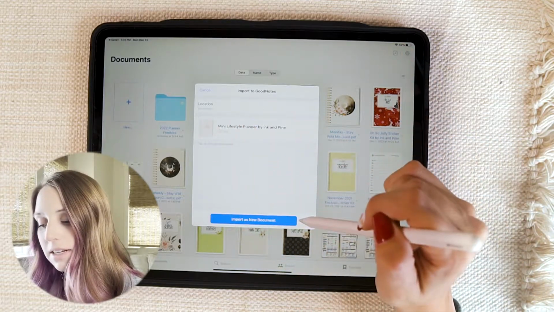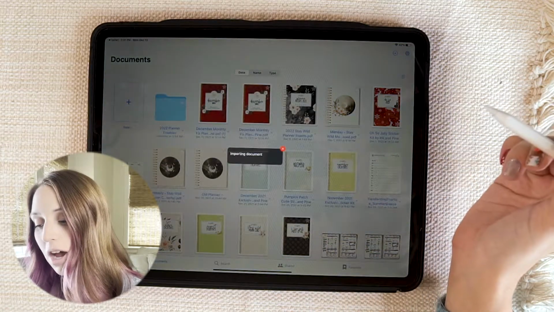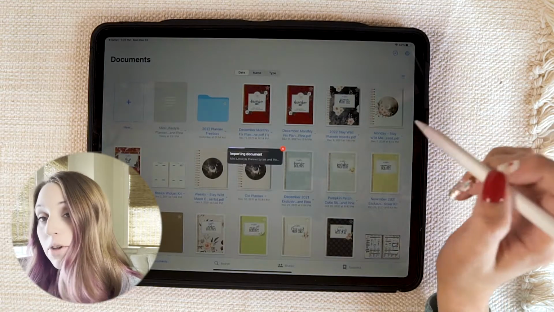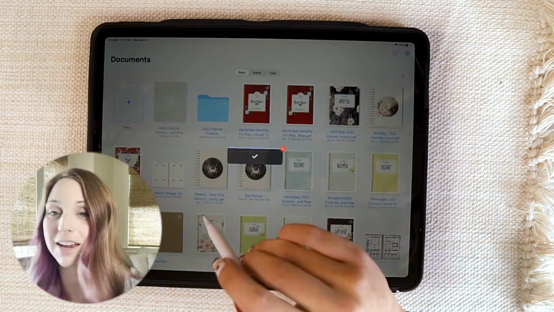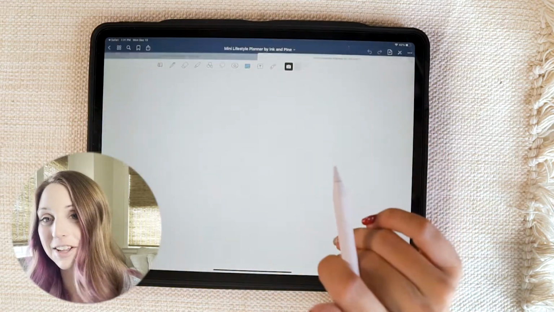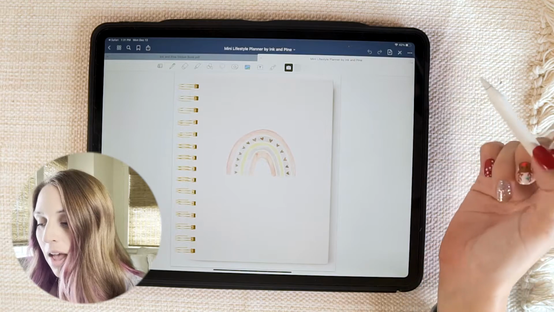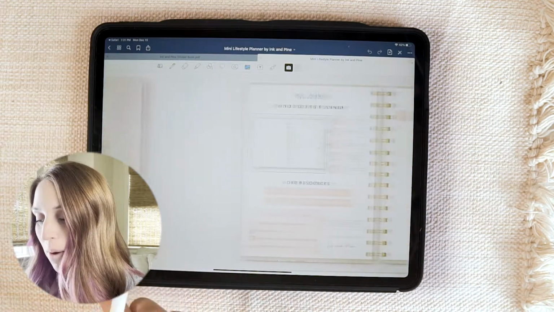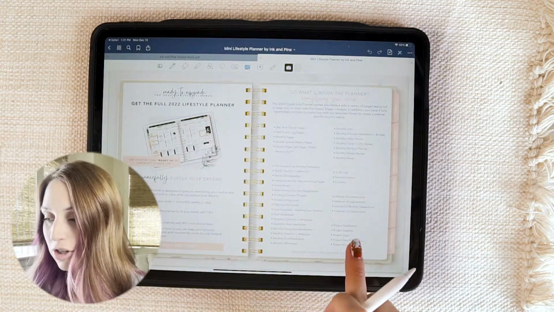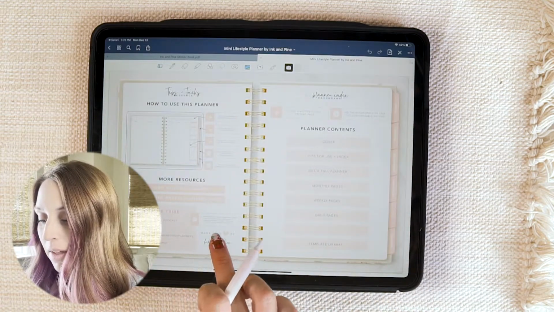You're going to get this little box that pops up. You're going to click import as new document. If you have a document already open, you'll also have the option to import into that document and you don't want to click on that. You want to make sure you're clicking on import as new document. And then now your planner is inside Goodnotes and you can swipe like this to get to the different pages